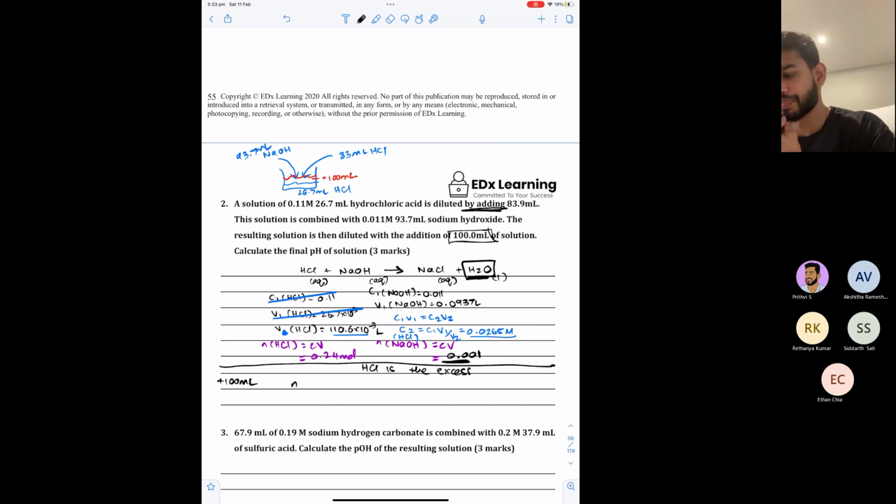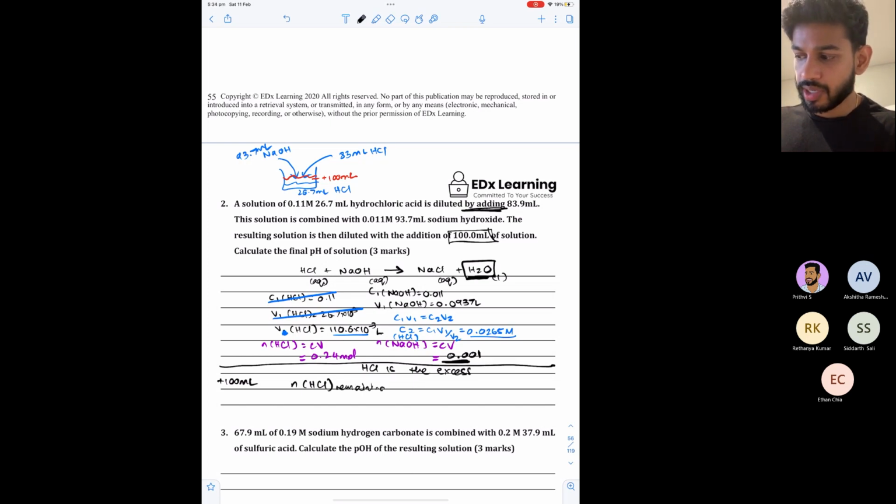What I would have done, HCl is the excess, right? So I want to find out how much HCl is remaining after the neutralization reaction. So what I would do is I'd go, well, number of moles of HCl that's remaining is equal to the number of moles of HCl that's in total minus the number of moles of HCl that reacted,